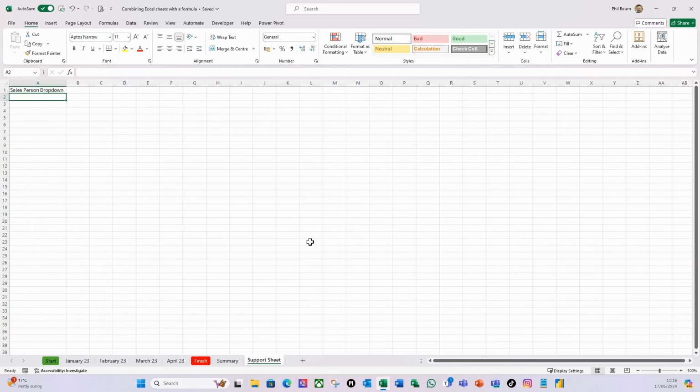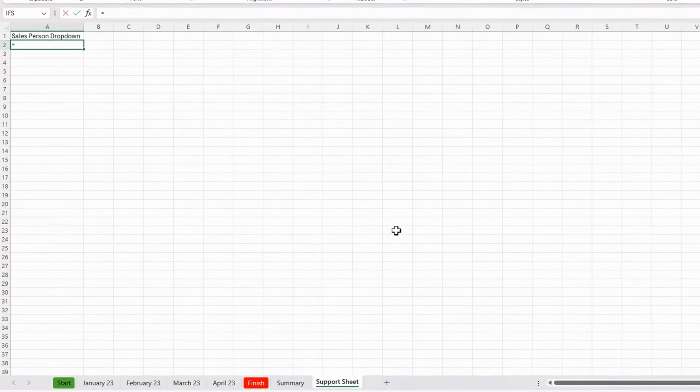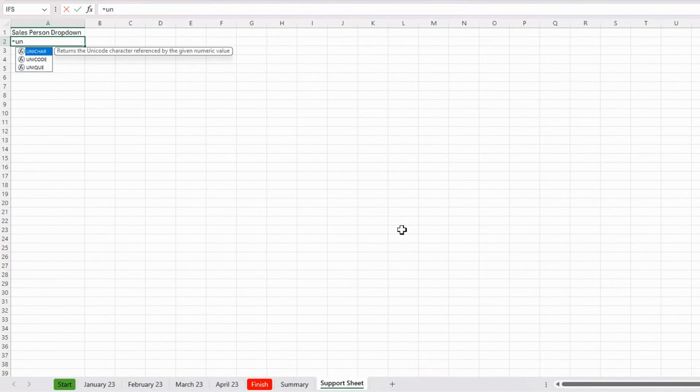So if I use the UNIQUE function and do equals UNIQUE, now I only want to do the unique, not unique characters, unique, and I only want to do the UNIQUE function on the first column. So I'm going to do